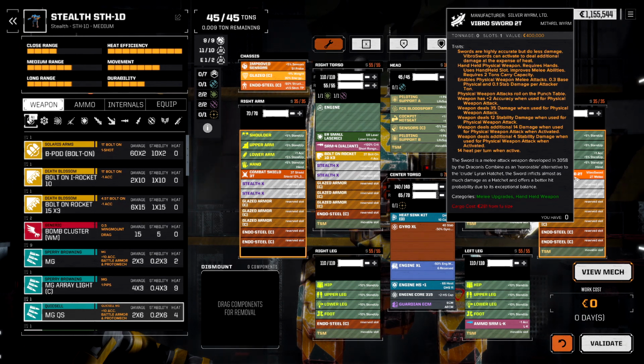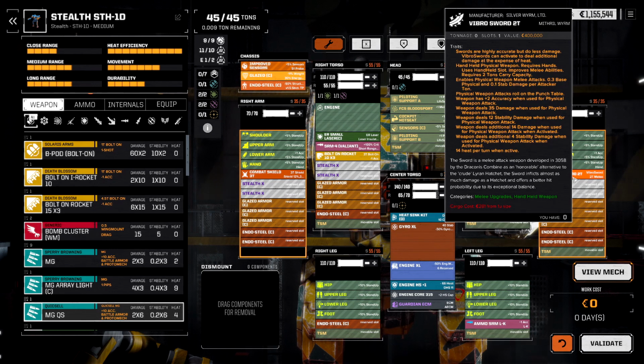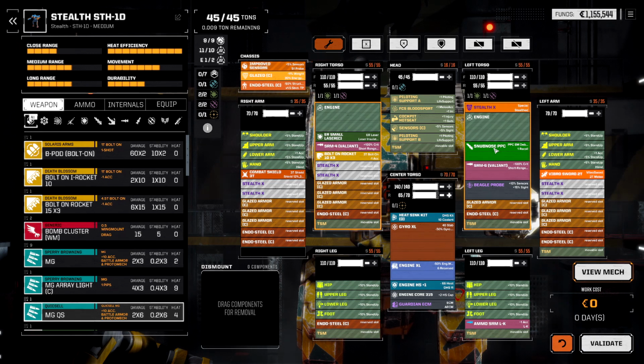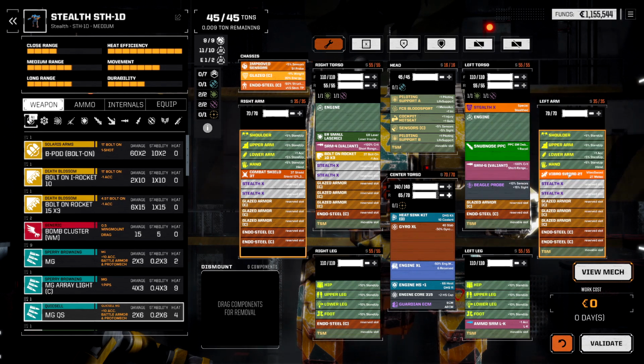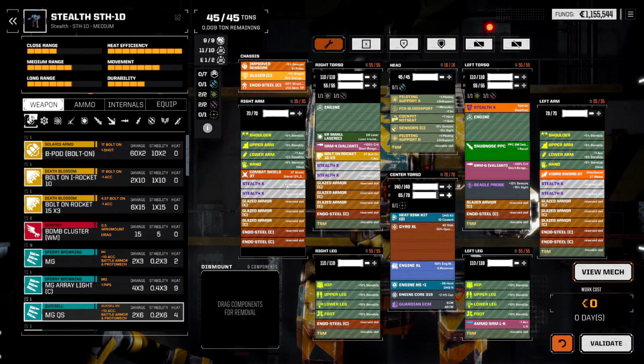Huh. I see. And it doesn't seem to say anything about one hand versus two hands. I see. I mean, it says melee upgrades. Categories, melee upgrades. So I'm curious if there's other specialist slot items. Also, this whole combat shield thing is kind of...